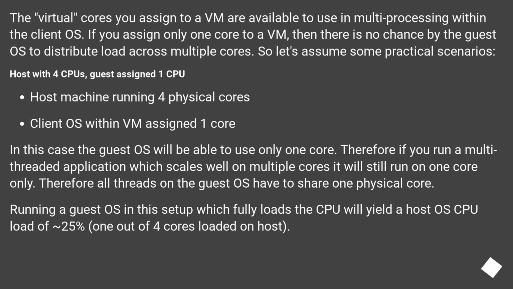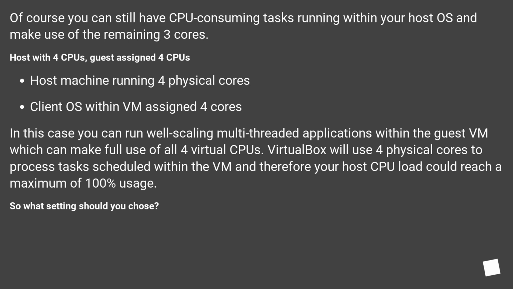Therefore, if you run a multi-threaded application which scales well on multiple cores, it will still run on 1 core only. Therefore, all threads on the guest OS have to share 1 physical core. Running a guest OS in this setup which fully loads the CPU will yield a host OS CPU load of 25%, 1 out of 4 cores loaded on host. Of course, you can still have CPU-consuming tasks running within your host OS and make use of the remaining 3